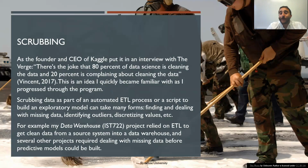And this is an idea that you quickly become familiar with when you get into this field, and especially as I progress through the program. So it's not like you're not cleaning data before, but it just feels different when it's part of the data science process. In this slide, I chose to highlight my project for data warehouse, because I believe that scrubbing, mostly in the real world, unless you are building a model that explains a certain phenomena, is mostly done through ETL